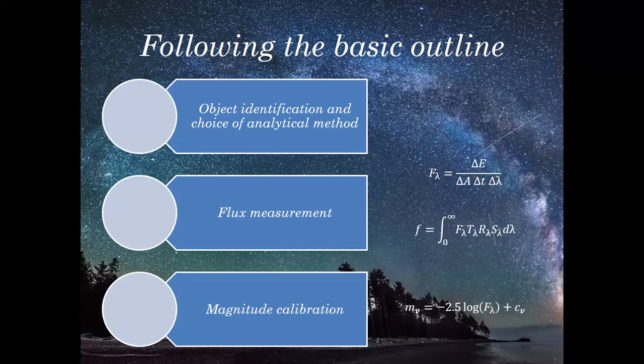Now, each and every device is not 100% efficient, so you need to account for the collective efficiency of that device. The collective efficiency of that particular device, the telescope's efficiency plus the detector's efficiency, is accounted for by R of lambda. And you need to again multiply this by S of lambda, that is the transmission function of the filter, as in how it responds to various wavelengths, into d lambda. That is how you get the energy.